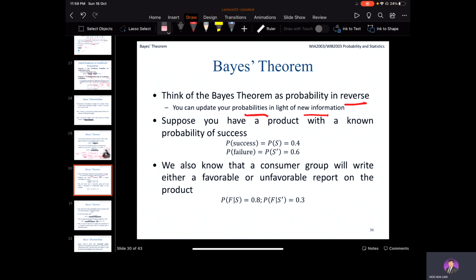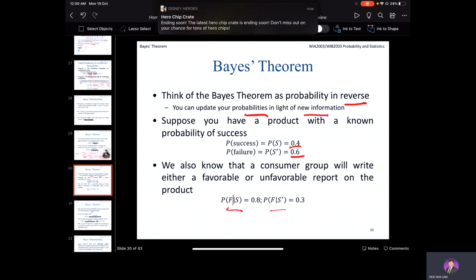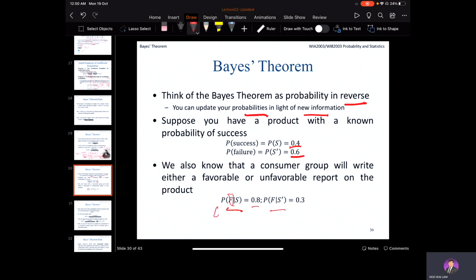Okay, so suppose you have a product, for example over here, suppose you have a product with a known probability of success. We will have success 0.4 and then failure 0.6. So we also know the customer group will write either a favorable or unfavorable report on the product. So the probability of writing a favorable report, given success, is 0.8. So in that case, if you still